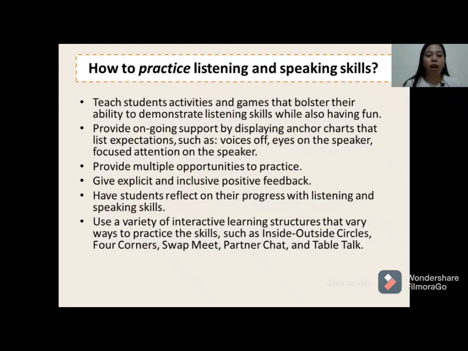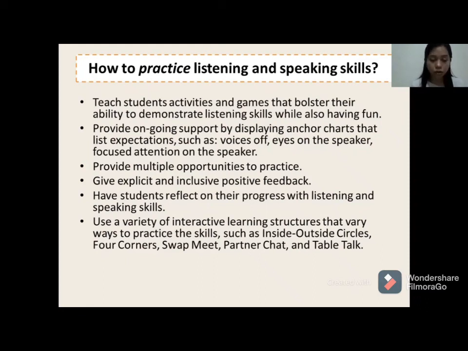Another way is by providing ongoing support and displaying anchor charts that list expectations such as voices off, eyes on the speaker, focus attention on the speaker. That's it. How to practice listening and speaking skills? We need to teach students different activities and games that bolster their ability to demonstrate listening skills while also having fun. We also need to provide ongoing support by displaying anchor charts and listing expectations, so different strategies in